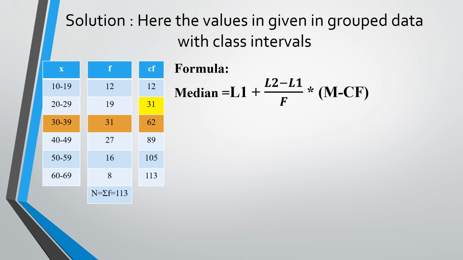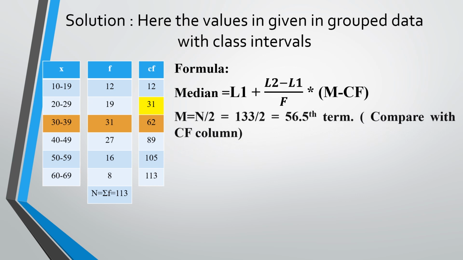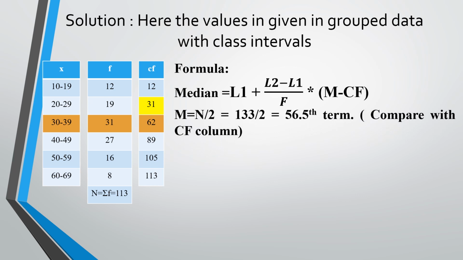and that median is obtained by using n by 2, and Cf is the cumulative frequency just above the median class. So here m is equal to n by 2. So the n value is 113, that is 113 divided by 2 is equal to the 56.5th term. So therefore the m value is equal to 56.5, and this 56.5 we need to check where it comes in